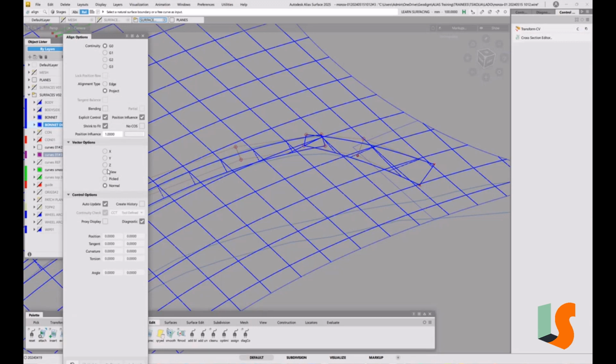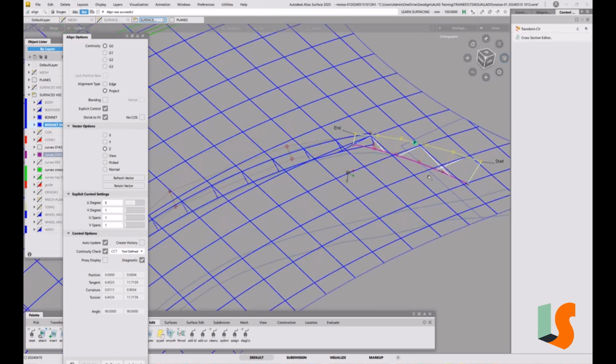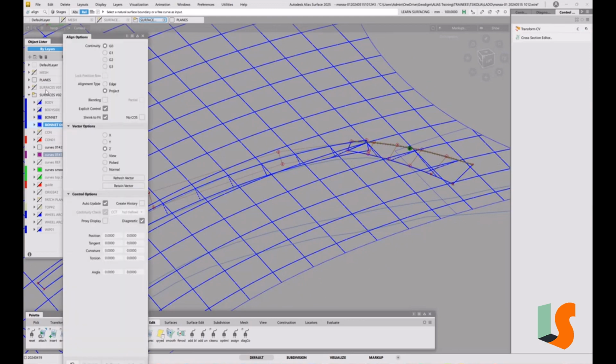G0 project Z. And obviously we'd have to increase the degree if we need to. So we'll make it degree 5 just so it aligns. Now if we bring back in the mesh,